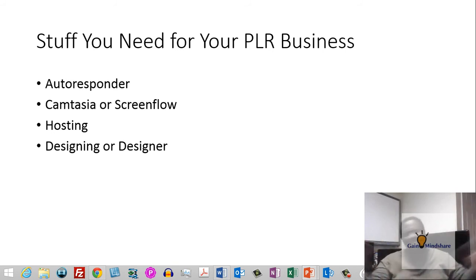You've got to have good graphics. If you cannot design, figure out how to afford a designer. If you cannot afford a designer for your first product or service, or you can't take your PLR and turn it into something that looks good, then learn design. You do what you've got to do to put together something that looks like something someone wants to buy.